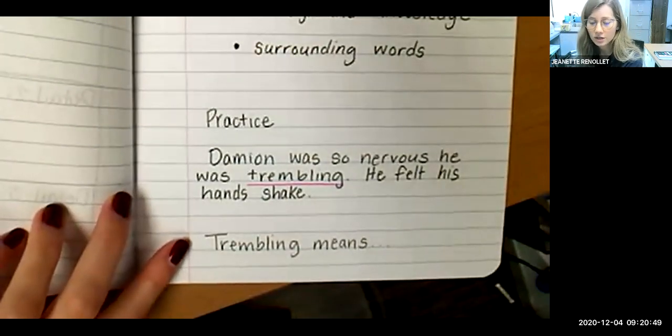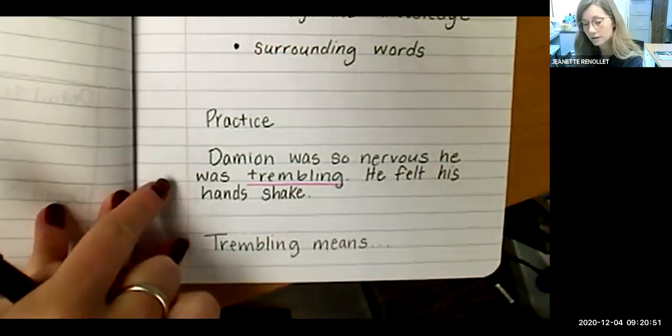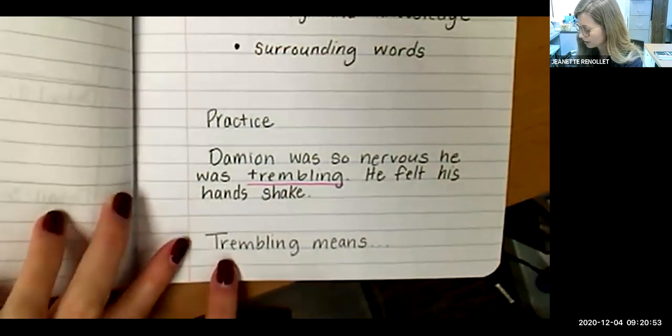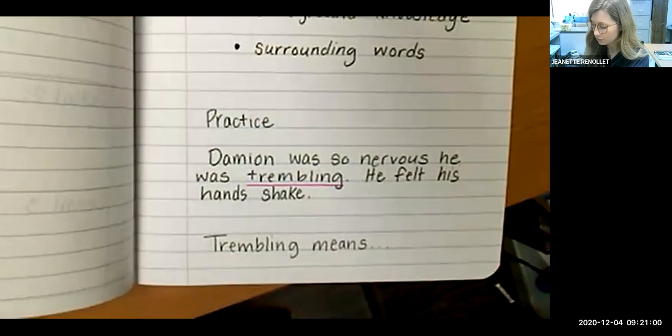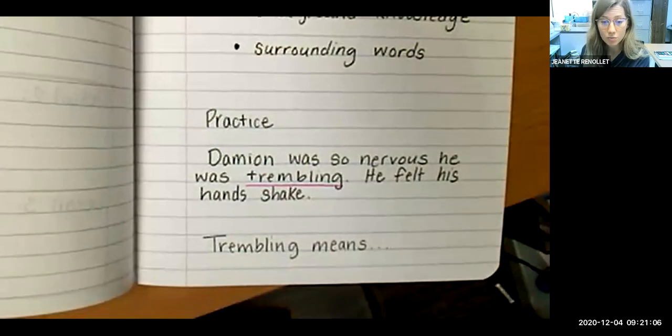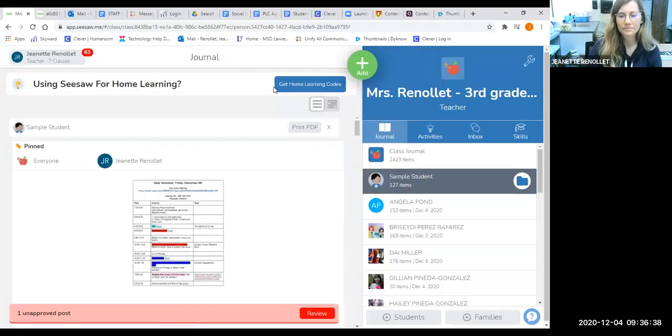You are going to use your context clues in the text to determine the meaning of this word. I'm going to put you in breakout rooms to talk about this practice example, and I want you to share with your group what you think this word probably means.